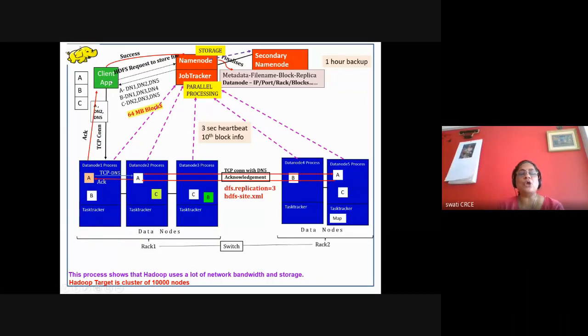The job contains multiple tasks: it is divided into a mapper task and a reducer task. The client will write it and submit it to the system, to the name node or your job tracker. Now the job tracker is also a master. What I'm talking about now is related to MapReduce. MapReduce also has a master-slave architecture, and the master of MapReduce is the job tracker.